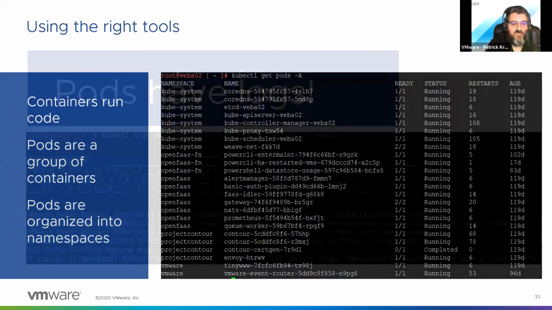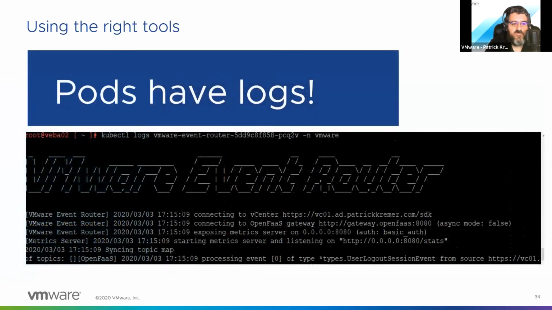And they taught me another command, kubectl logs. So I can actually look at the logs of the pod, and now I can see what's going on. So just two little commands, and suddenly I can interact with this cloud native app the way I'm used to. This kubectl logs command is pretty much the same as tail -f, which if you've done anything on any flavor of Unix or Linux, you've tailed a log file before. Same stuff.